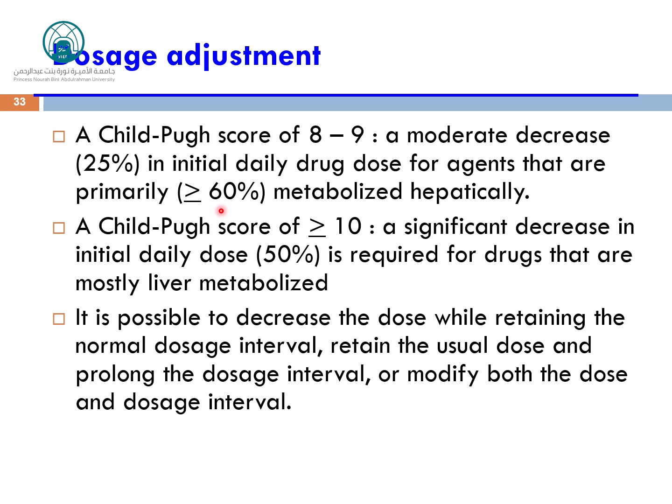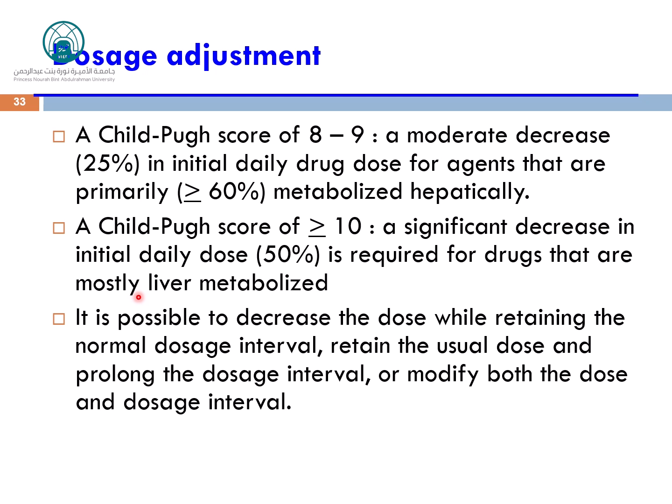A Child-Pugh score that is more than 10, you are approaching the complete liver damage. A significant decrease in the initial daily dose, 50%, is required for drugs that are mostly liver metabolized. You should be assured that the drug is mainly metabolized by the liver, by more than 60%, and the Child-Pugh score is above 10, so you should reduce the dose by 50%,